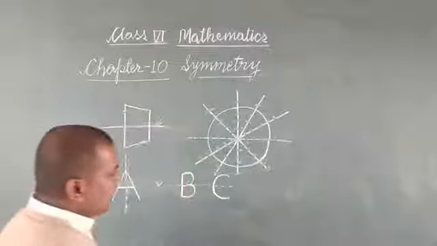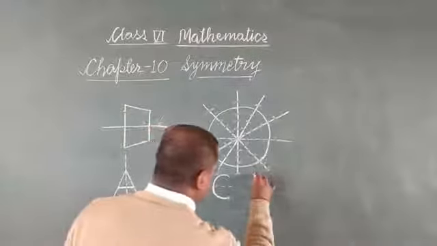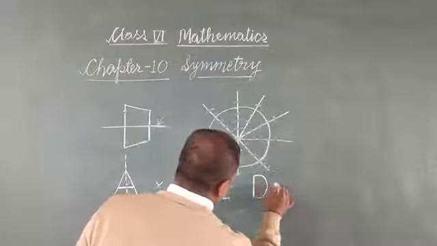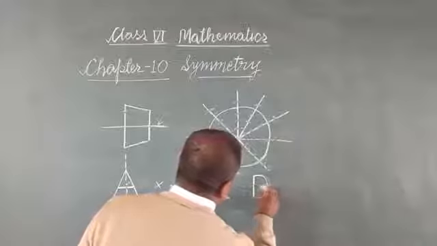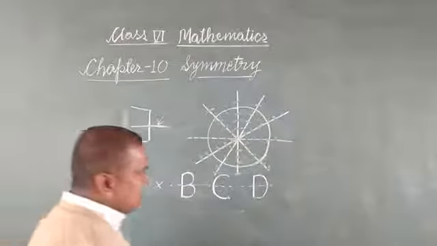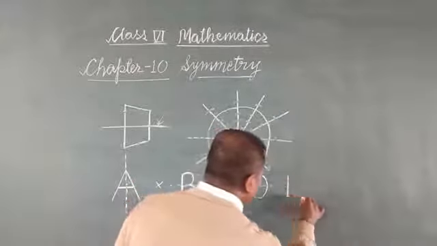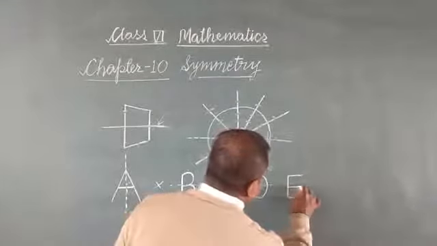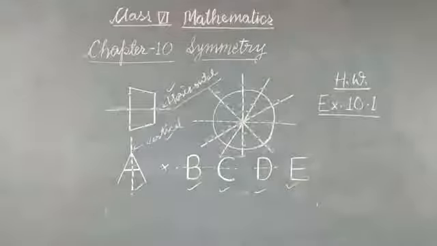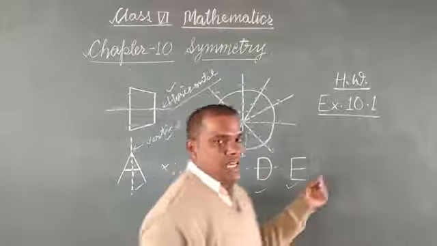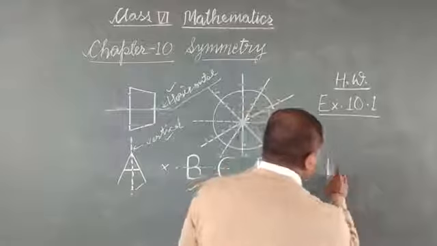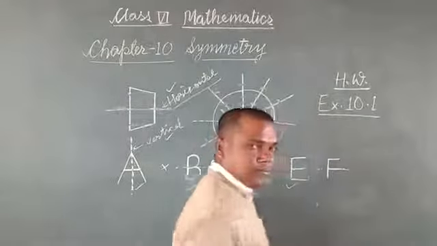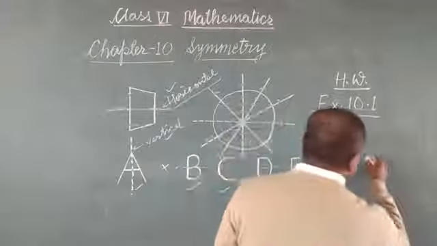In letter D, there is one line of symmetry. In letter E, there is one line of symmetry. In letter F, there is no line of symmetry. In letter H,